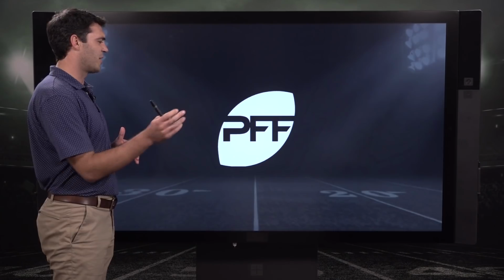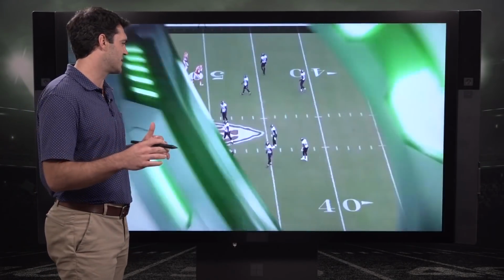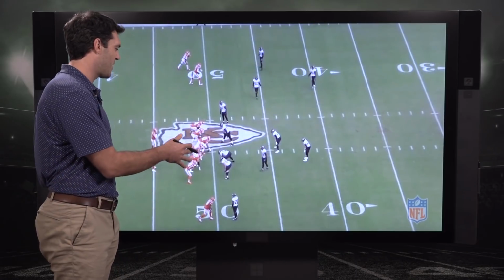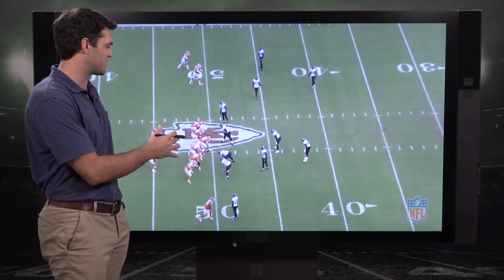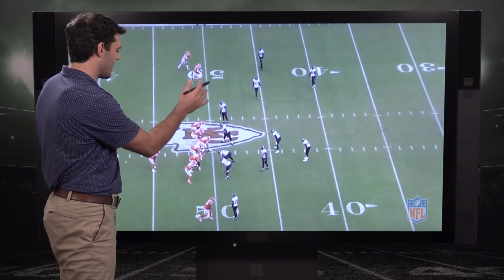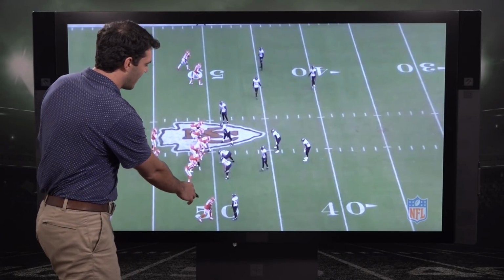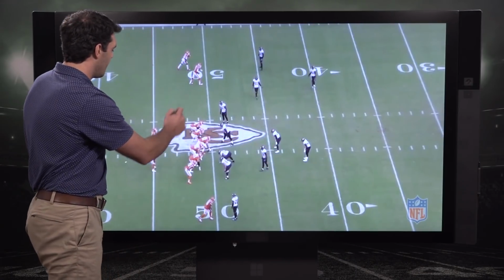We're going to start it off with number 3, Patrick Mahomes, who's had big time throws throughout the entire season, as everybody's seen, but this one might be one of his best ones in terms of just how he gets this throw off. But we're going to see the Chiefs come out. Good scheme design play here. They're going to have Travis Kelce on an out and up, who's the primary. They're going to have a post on the outside to clear it out, and then they're going to have a